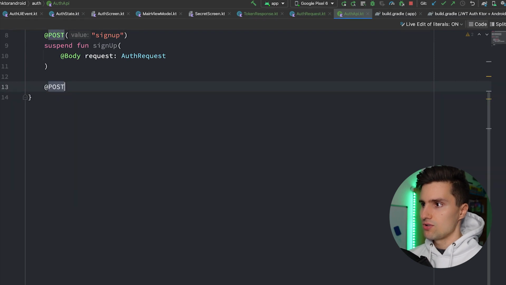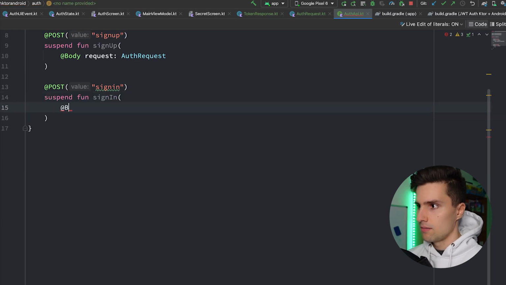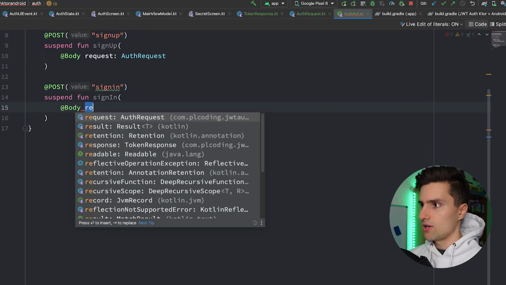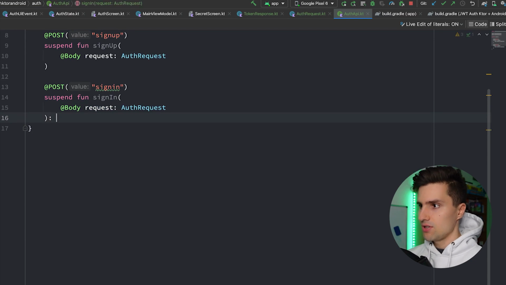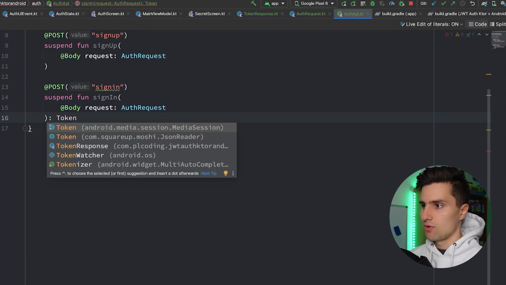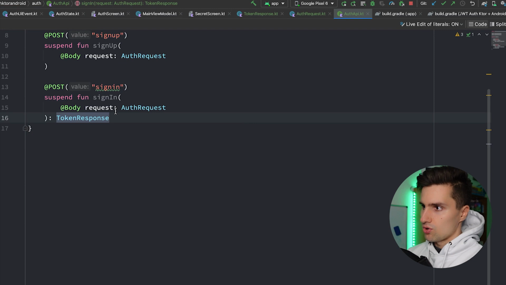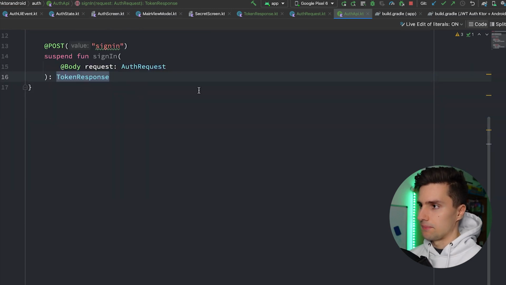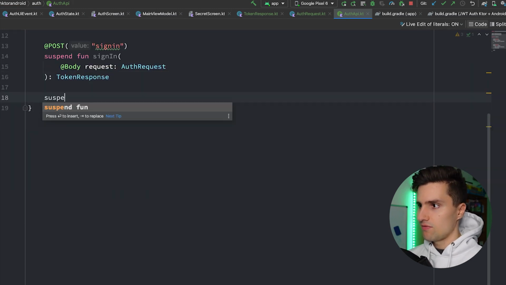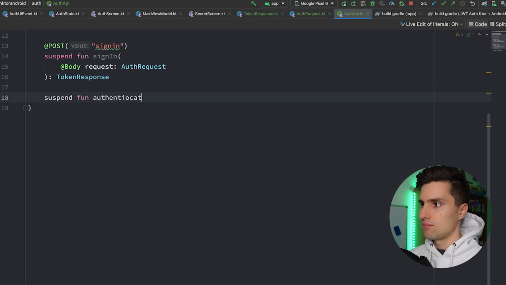Then we have another post for signing in. Suspend function sign in. Body will again be an auth request. And here we do get a response, which is the token response, because that endpoint responds with a generated token after we signed in. And then we finally have the authentication endpoint,